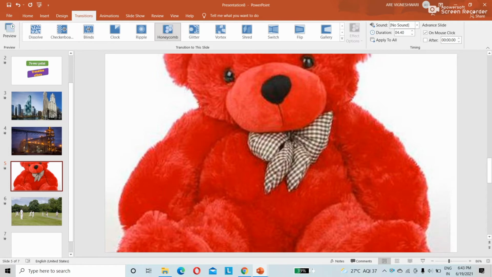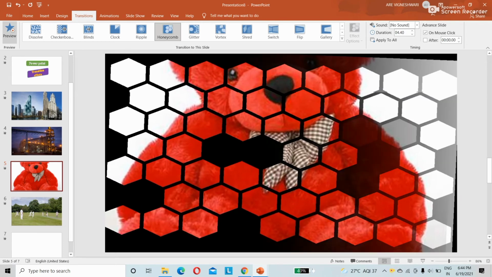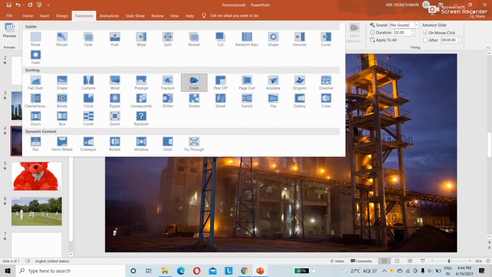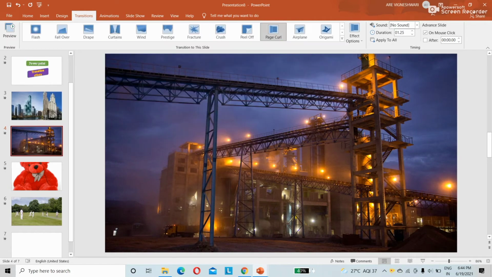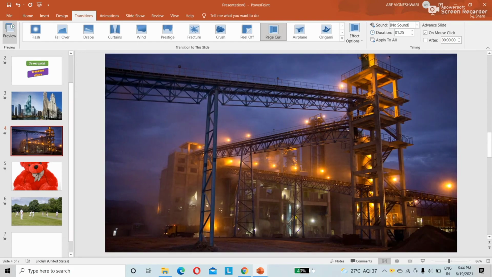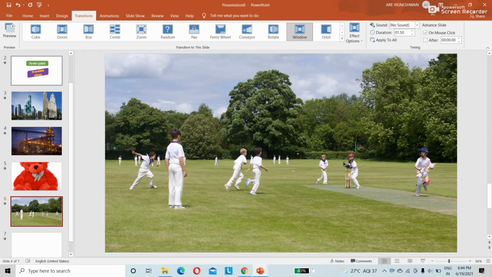Let me take another transition. Preview like this. So page curl, I am selecting one more, like that. So like turning the page. Let me show another. Like that.